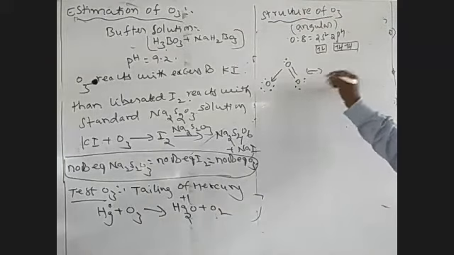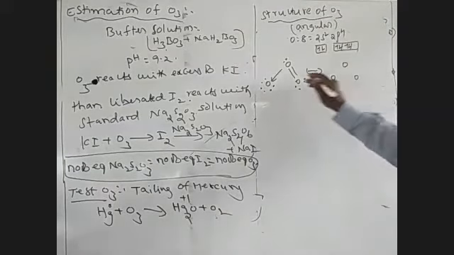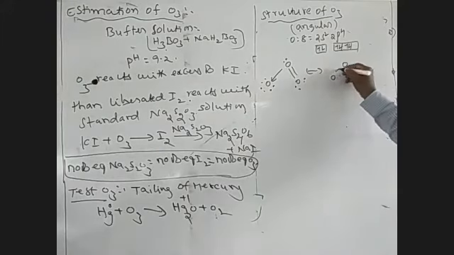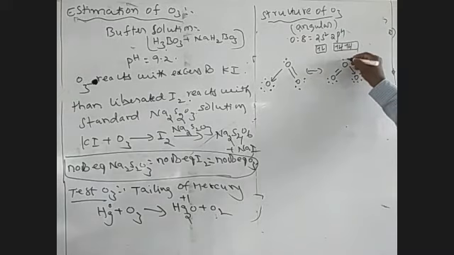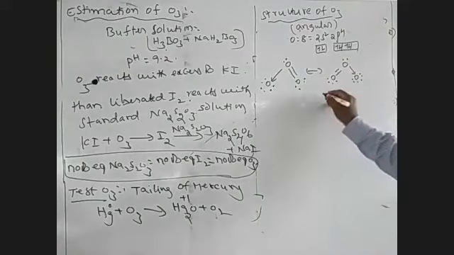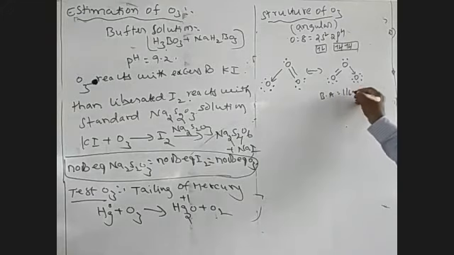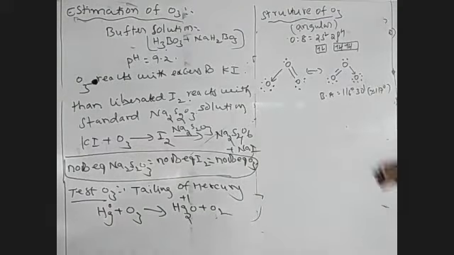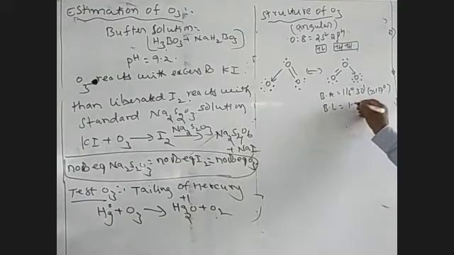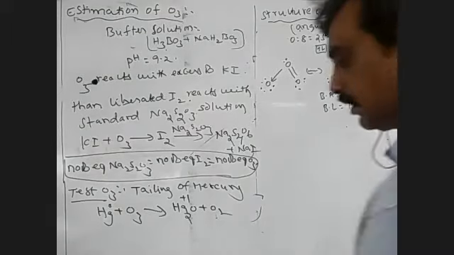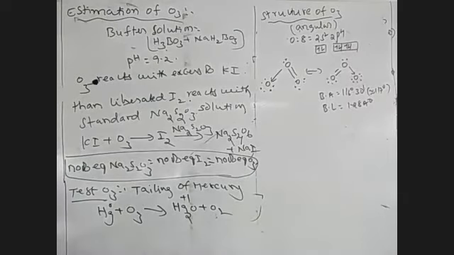And this is also the same structure, the resonating structure. Here this is the single bond and a double bond containing 2 lone pairs. This one contains 3 lone pairs and this oxygen contains 1 lone pair. In the O3 molecule, the bond angle is 116 degrees 30 minutes, almost 117 degrees. The bond length is 1.28 angstroms, or 128 picometers.